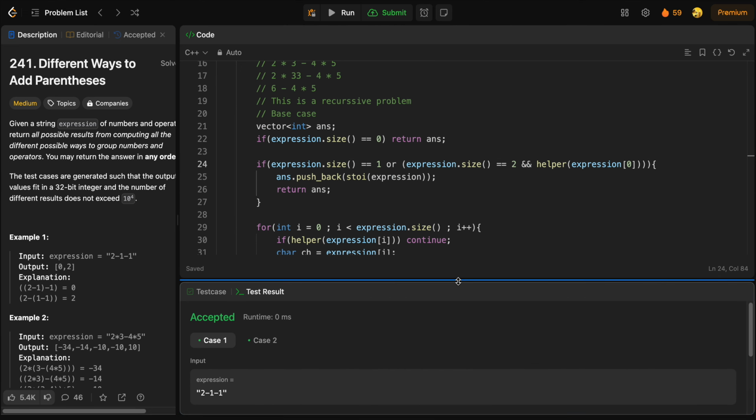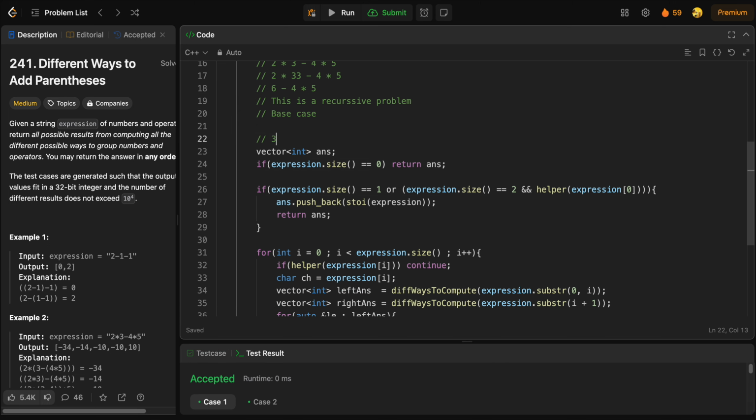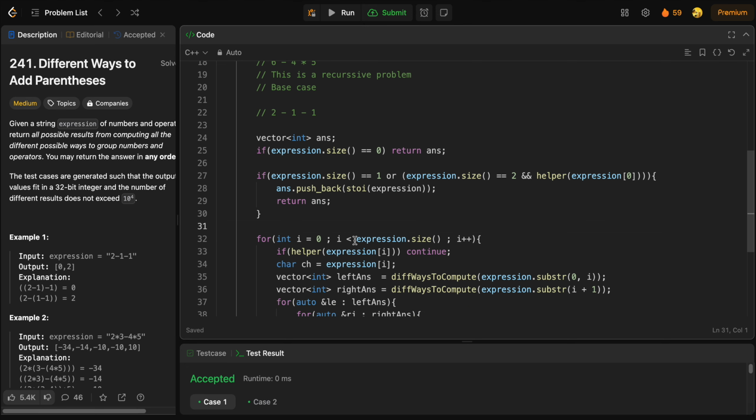Yes, it's working fine. So let me just explain this process with the help of an example. If I consider 2 minus 1 as an example, currently my expression would be this, right? In this expression, this case wouldn't be satisfied because we do have many characters, and neither would this one be satisfied. And for i less than expression.size, I would be here initially, and initially I'm just checking